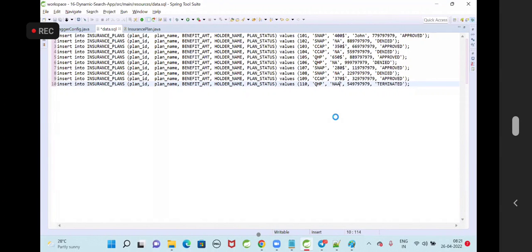Benefit amount, holder name, plan status. Here I need to keep the holder name. I need to remove this holder name. All right.